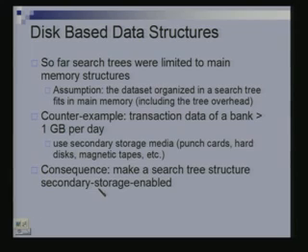Right. So, we want to make a search tree which is in some sense secondary storage enabled, which will help, even when the data or most of the data is stored on disk, we will still be able to search through it. Now, the problem here is that the data is stored on disk, that is fine, but even the index that we are building, right. So, what do I mean by index? The search tree. The search tree that we have is so huge that we cannot expect the entire search tree to fit into the main memory. We will come to this in a short while.